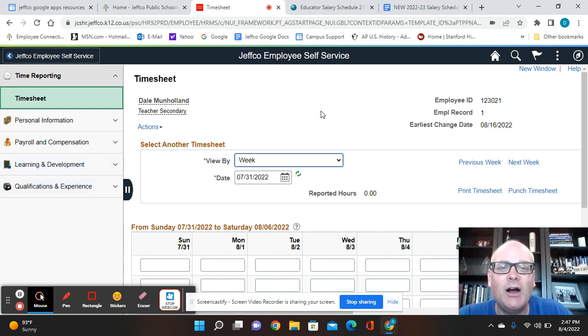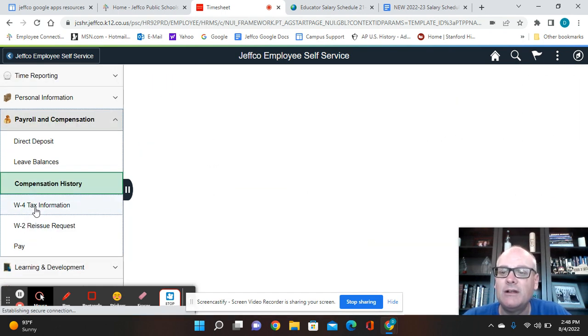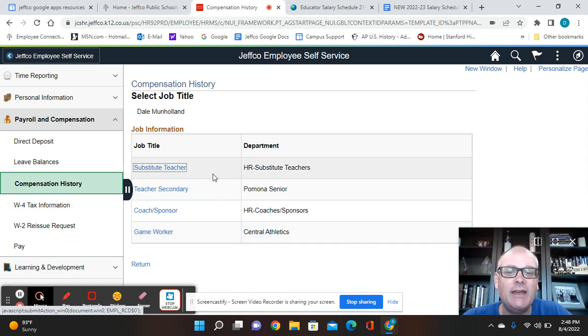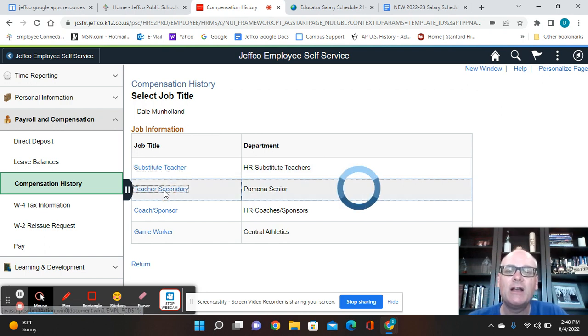So once you're on this page, employee self-service, on the left side of the page, you have these different menu items. Go to payroll and compensation, click on that. Go down to compensation history, click on that. And then you'll get all of these different categories that you've been paid for: substitute teacher, in my case secondary teacher, coach, sponsor, game worker, so on and so forth. So you're going to go to your teacher secondary, or it could say teacher elementary. Click on that,